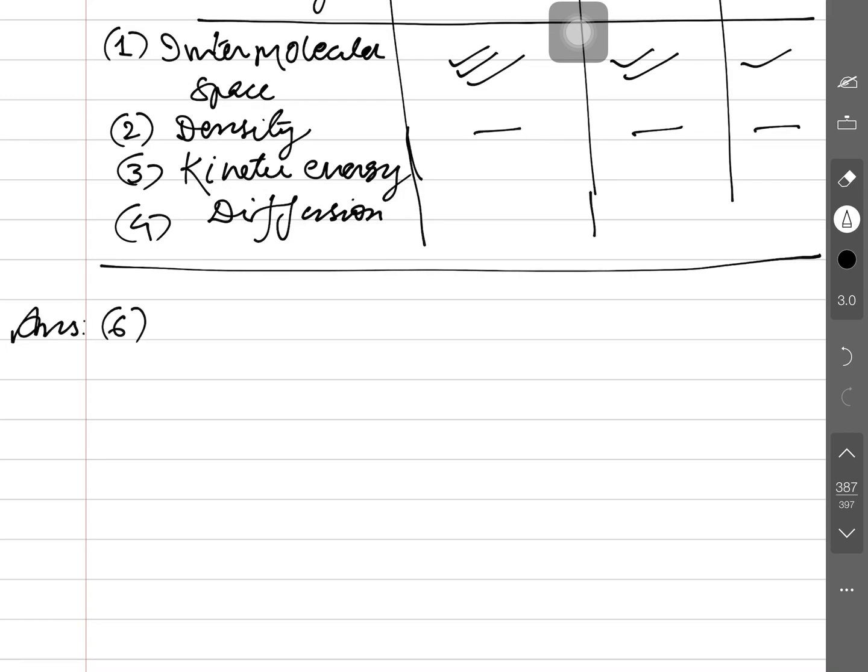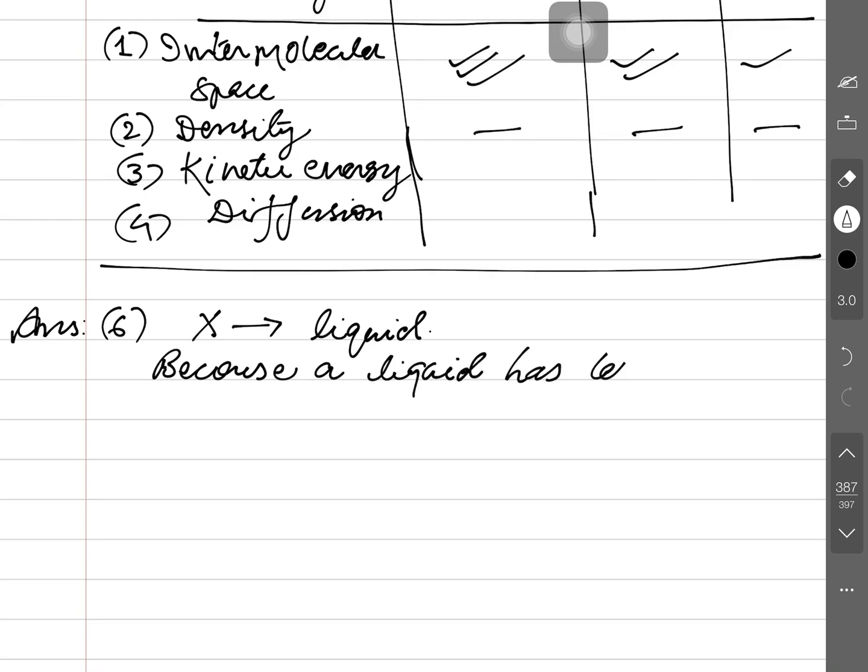Answer 6. The method of writing: X is liquid. Here you have to start the answer because a liquid has less intermolecular force,